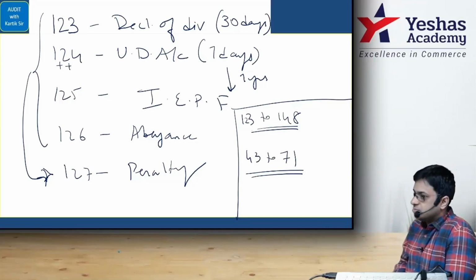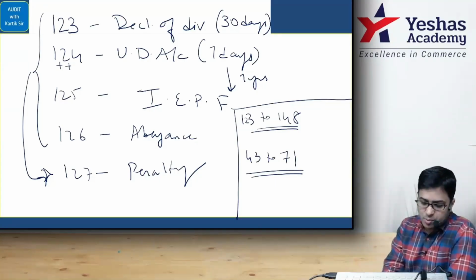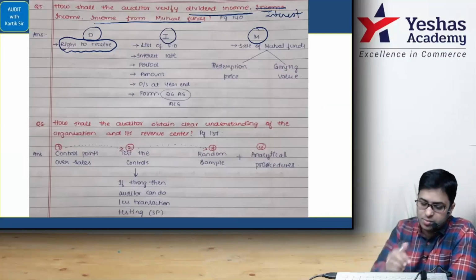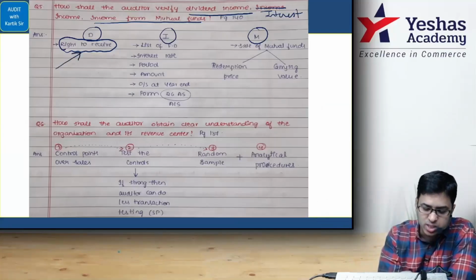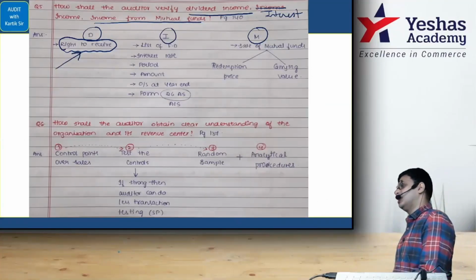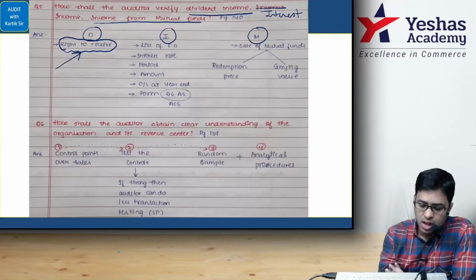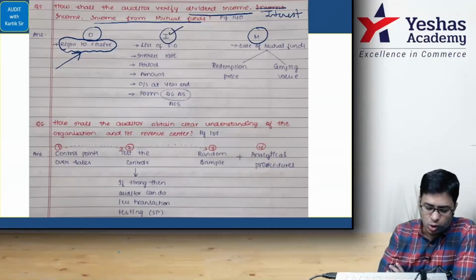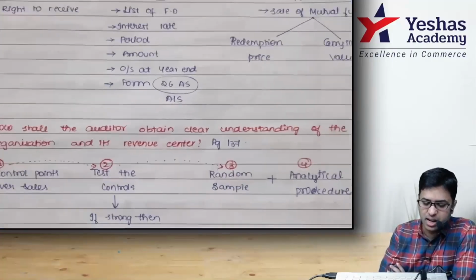Now, can you go ahead? Everyone, please come to this part. So, what they're trying to say here, let's see. Now, come to audit. You're looking at the right to receive the dividend. Next, regarding interest income. Now, think about it. Logical brain says what? So, interest income, regarding what will the auditor check?